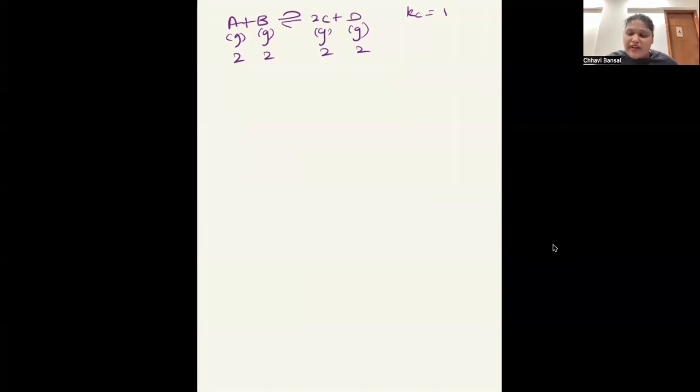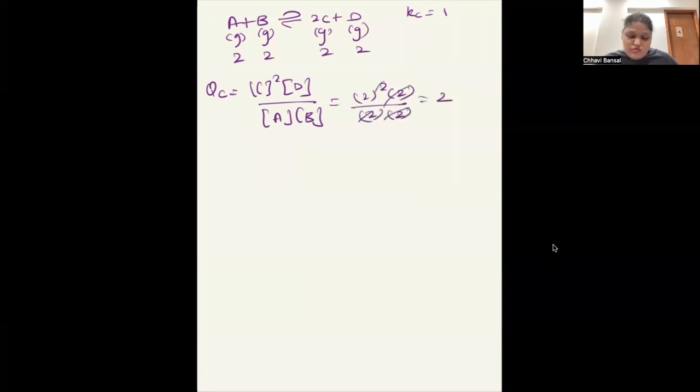So what we can do is find the value of QC at this point. The value of QC is the concentration of C raised to power 2, concentration of D, upon concentration of A into concentration of B. So C is 2 squared into 2, upon 2 into 2. So the value is 2. Now the QC value is 2. It means QC is greater than KC. It means the concentration of product is already higher than the equilibrium concentration. Therefore, the reaction will shift in a